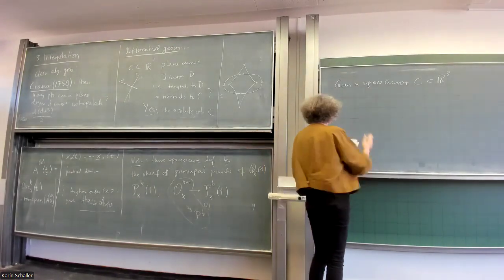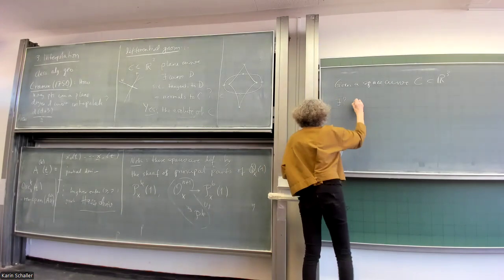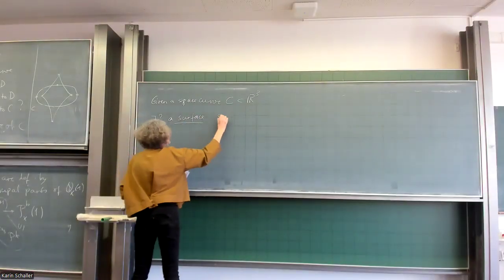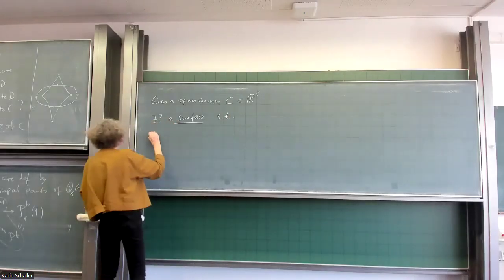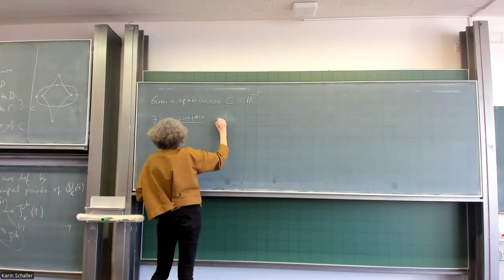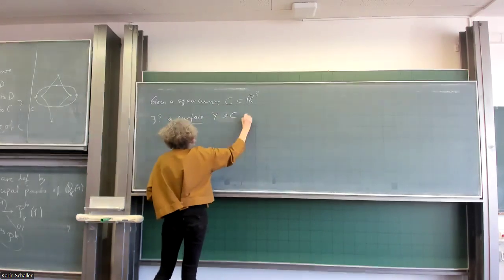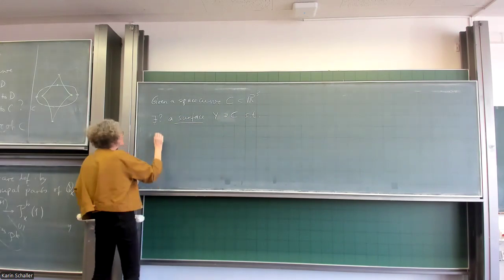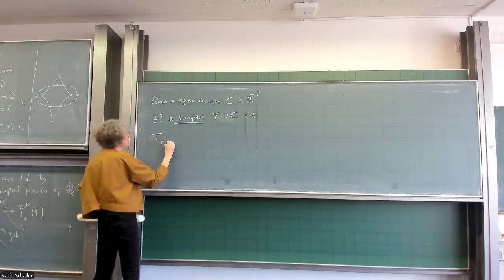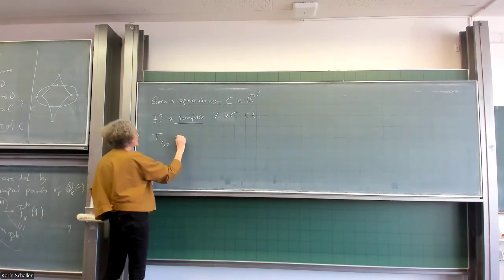And you can ask, does there exist a surface Y containing C such that the tangent space to Y at the point X is equal to